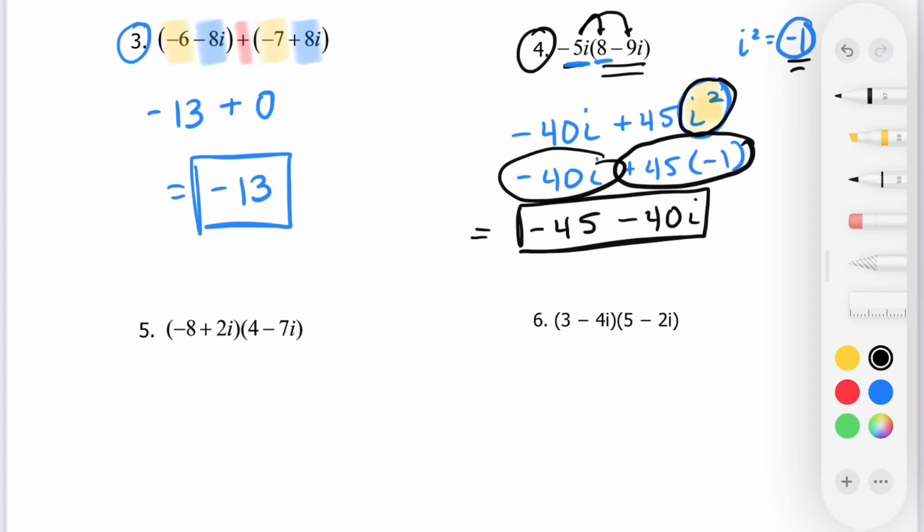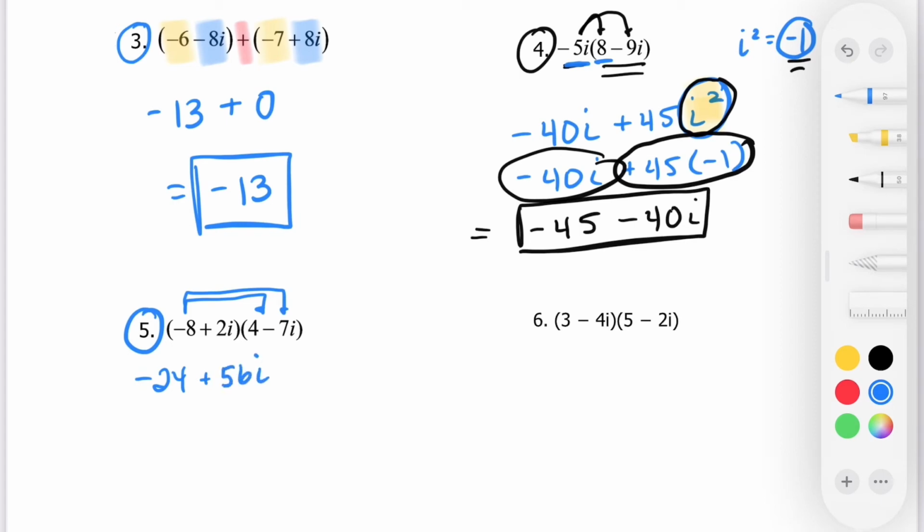All right, a couple more examples. Okay, example number 5. This is the first time where we actually see a complex number being multiplied times a complex number. And what I mean by that is a complex number in the form a plus bi. So here all we're going to do is use that FOIL pattern to help us out. So negative 8 times 4 is negative 24. Negative 8 times negative 7i is